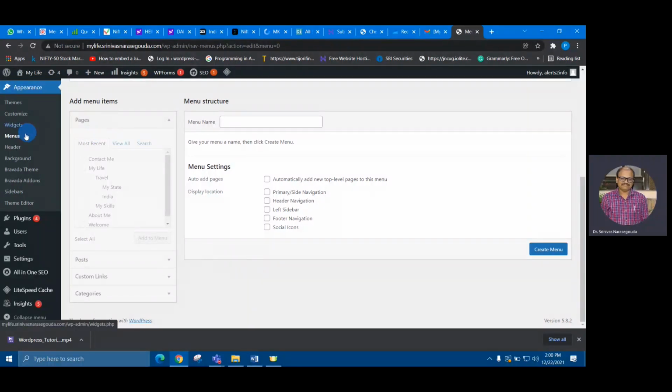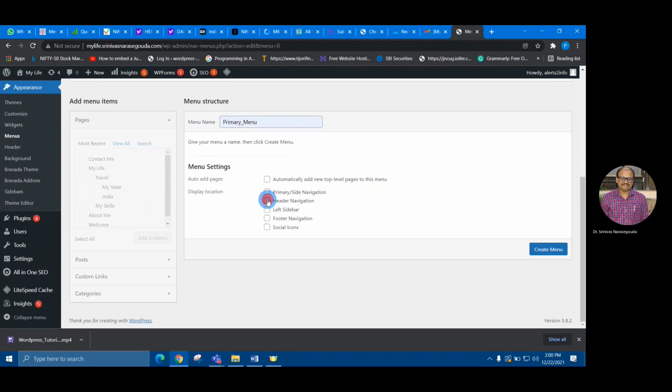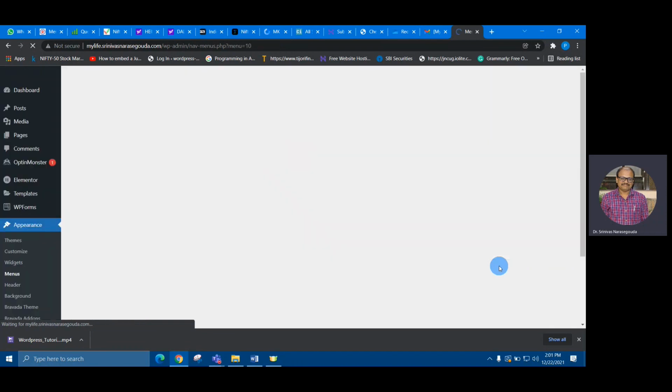For that, you have to go to appearance and then select menus. This page will appear. Here you have to create the menus. First you have to give the name. Let's say I'll give the name as primary menu, which will be the header. And I'll create it by clicking on the button create menu.